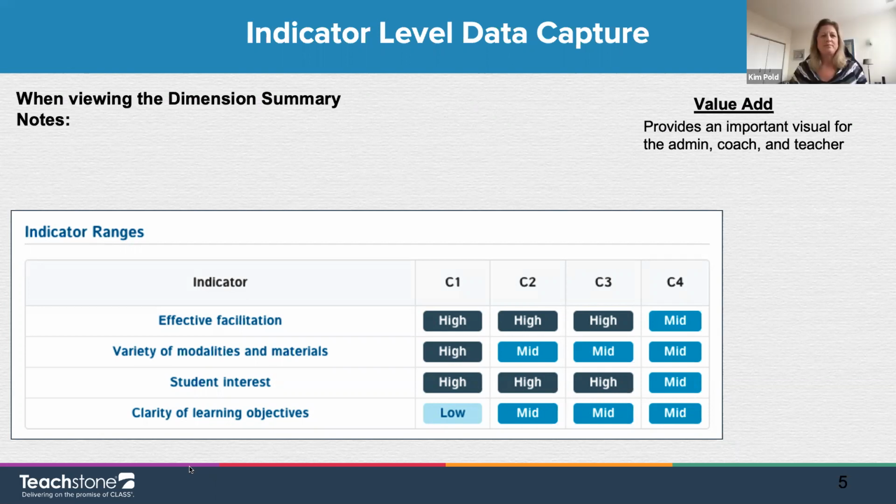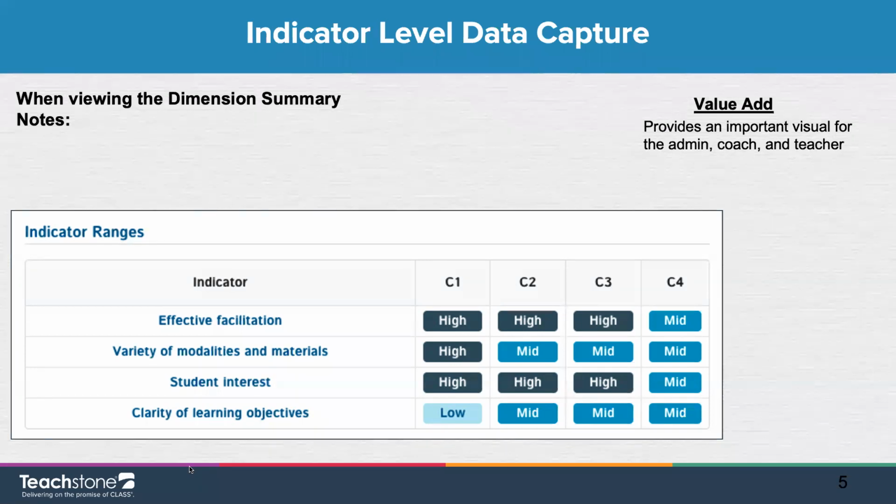That's right, of course. And then Melinda is wondering, is the dimension description available to see as well, since the numerical codes can be created by a variety of ranges? Yeah, so it's not within the myTeachstone platform, but as an observer, you're always going to have your class manual handy whenever you're conducting an observation and inputting your scores. So your class manual is going to have all that great information around defining the dimensions, defining the ranges to help you really select the most accurate and fair scores.